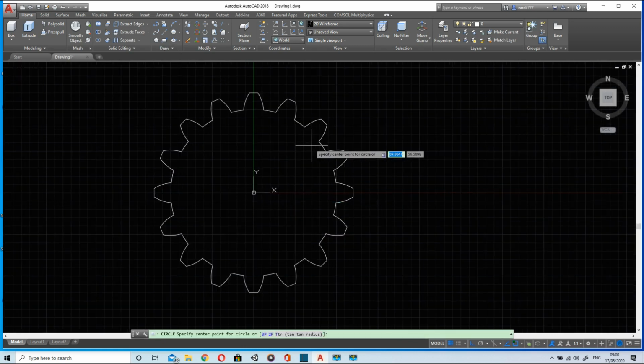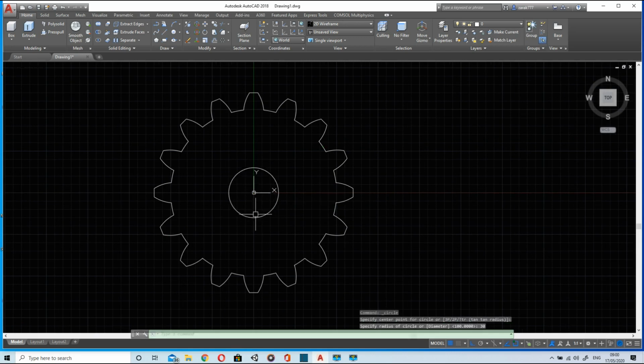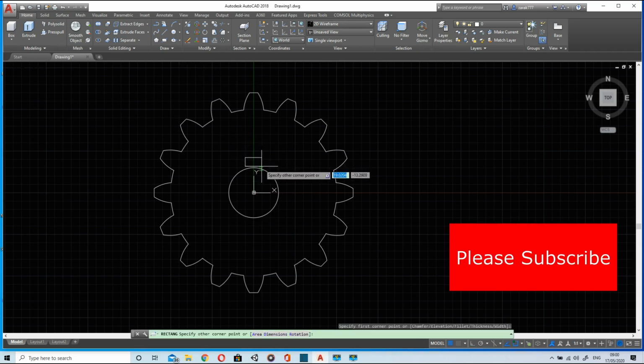And then we'll use circle command to draw another circle of 30 radius. Now a rectangle. This rectangle is 15 in horizontal direction and 15 in vertical direction.